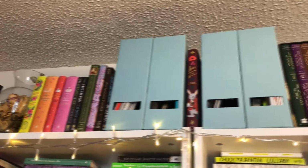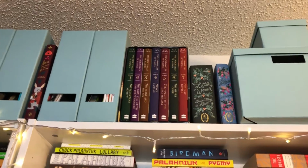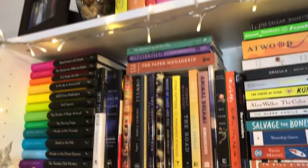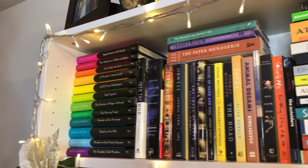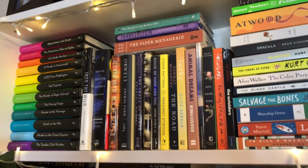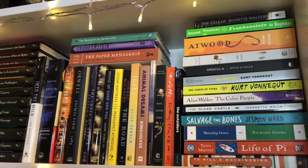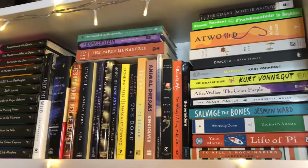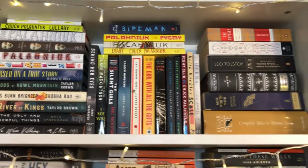And I have multiple editions of Alice in Wonderland. I'm gonna be getting rid of those. I have my Narnia books, and just some general storage. So here is kind of a hodgepodge: my Agatha Christie Rainbow that I love so much, and then some contemporary and some nonfiction and some classics, so that's kind of a hodgepodge. So then we come over here, and this used to be dedicated to classics, but I got